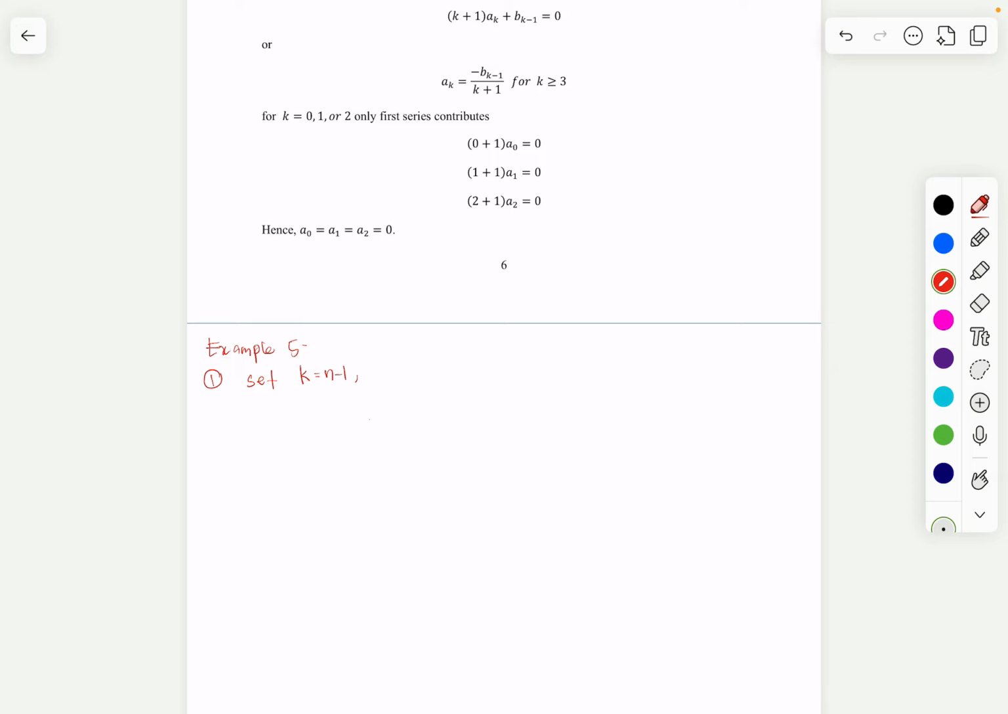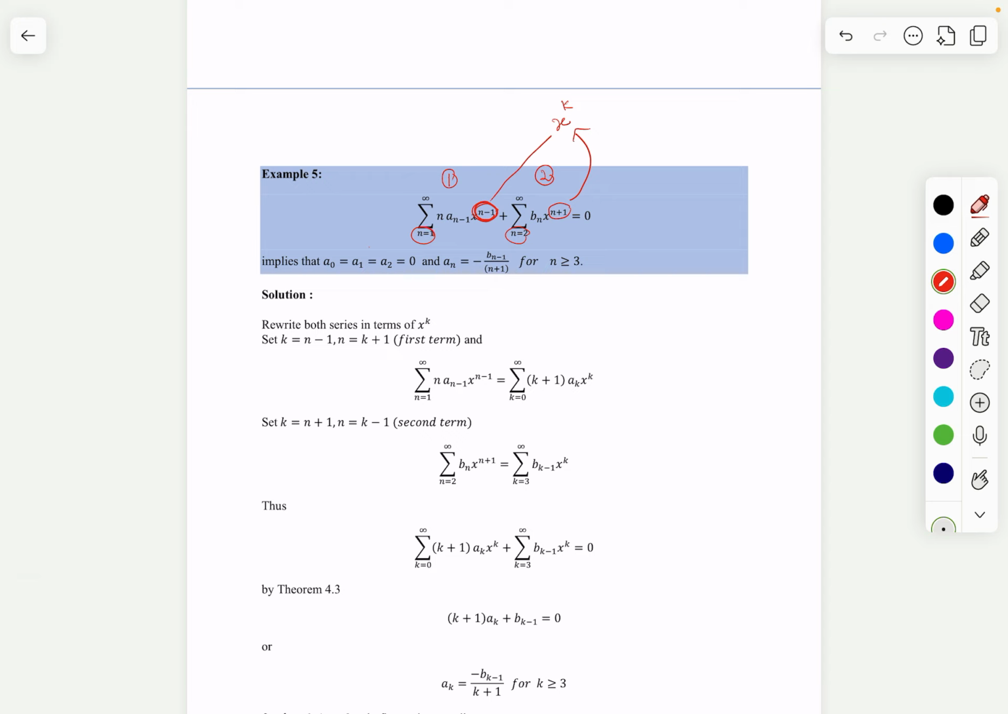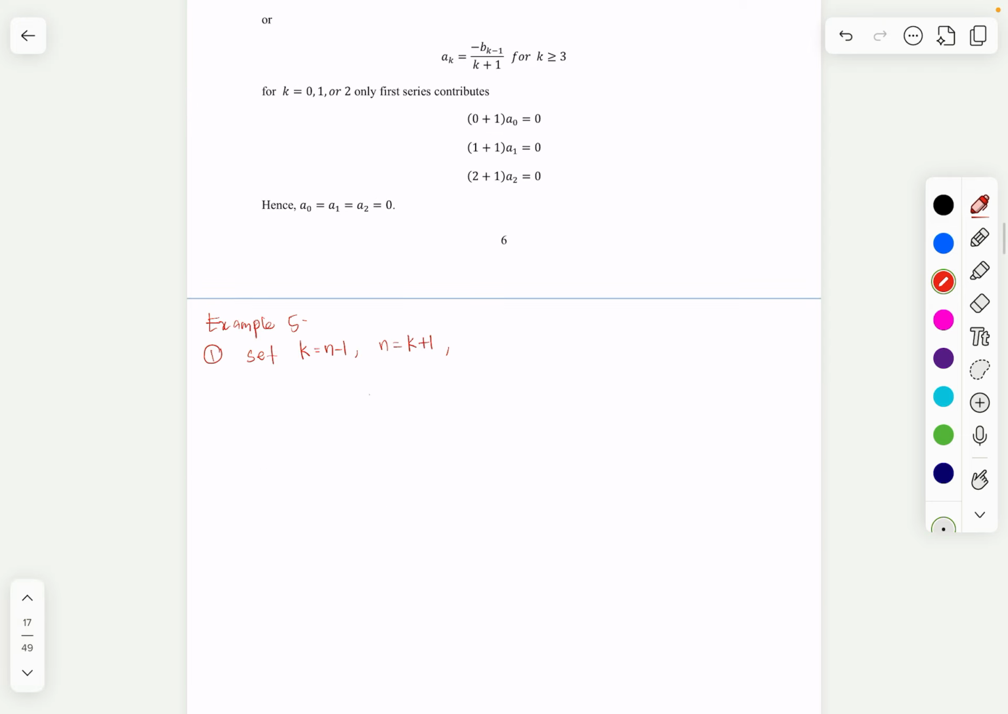Okay, and then from this, for sure, n becomes k plus 1. And this part, n is starting from 1. So what about k? When n equals 1, then k equals 0. This is for the first part of the series. So from this, we can shift the index. Therefore what we have is